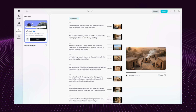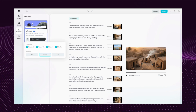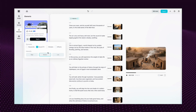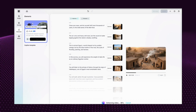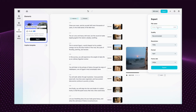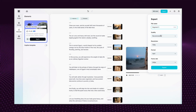And we are going back to elements and go to settings. We just need to leave sound effects. Choose medium and hit apply. So again, after a while, like in a minute, it will generate just sounds for our video. After that, you click export, choose the name,